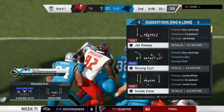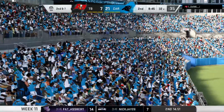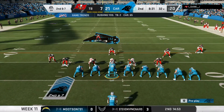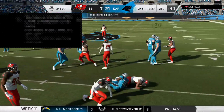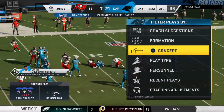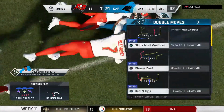Tackled by Jordan Willis. They tried a quick hitter inside, but that one was swallowed up because what they're hoping, those big defensive linemen will take the bait and move laterally and open up a crease that they can run through. Didn't happen on that play. And he is met quickly in the backfield. Down he goes, folded like a lawn chair. It'll be a loss of a yard, and they're going to have a 3rd down. Brings up 3rd and